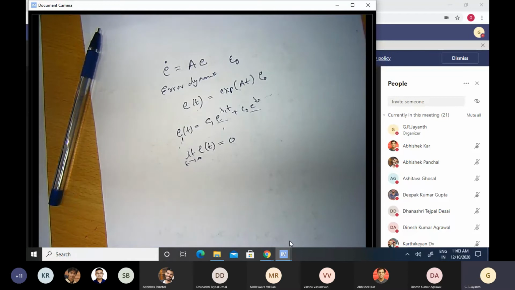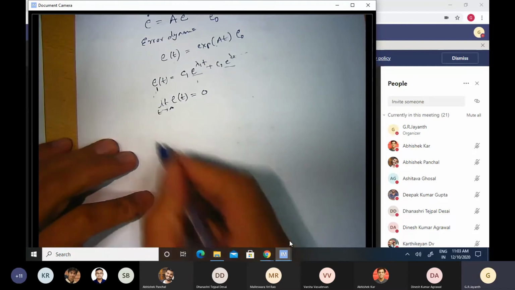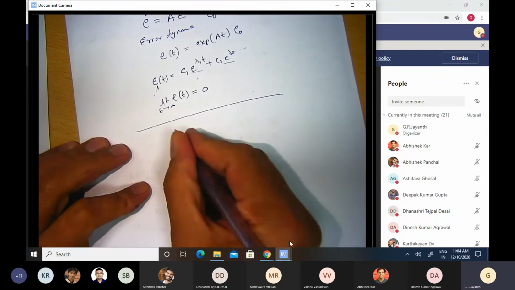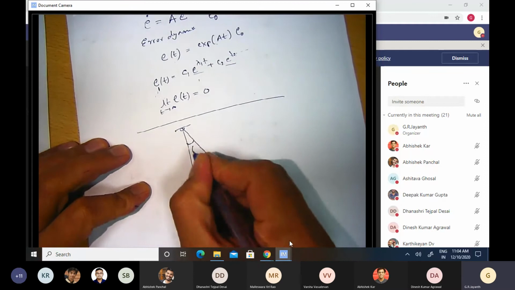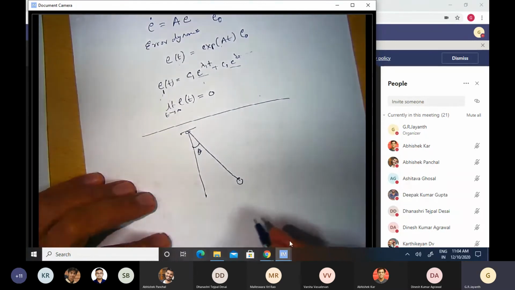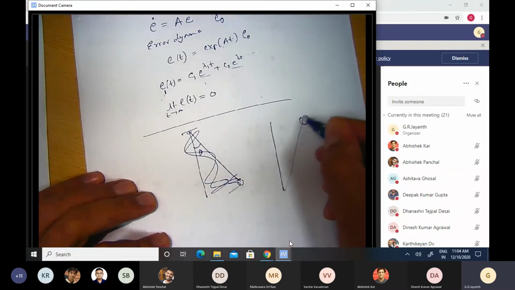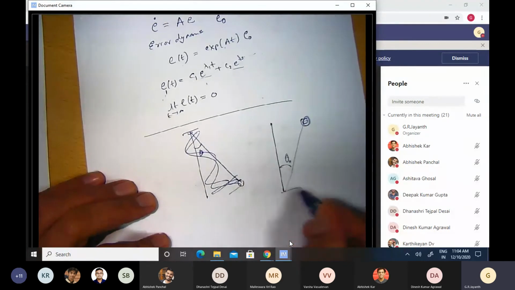Okay, let us take a concrete example to clarify exactly what we are after. So let us take the example of a pendulum. So we have a pendulum. It's a 1 degree of freedom system. I only need one generalized coordinate. Let us say the pendulum is inverted, because that's when this instability issue will bug it. There is some initial offset theta naught maybe. And I am able to apply a